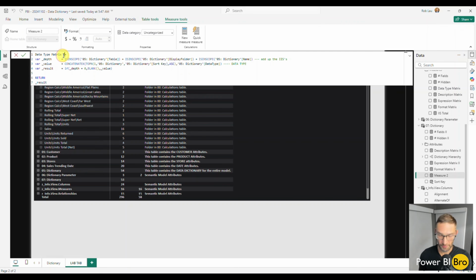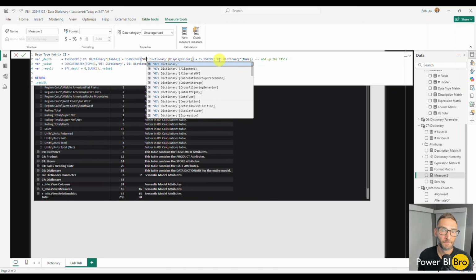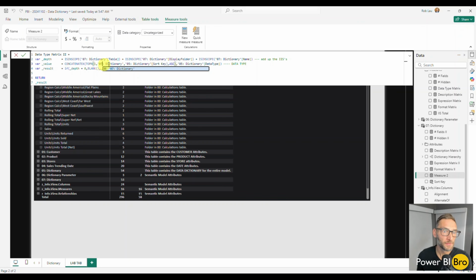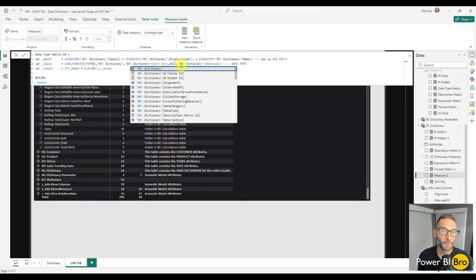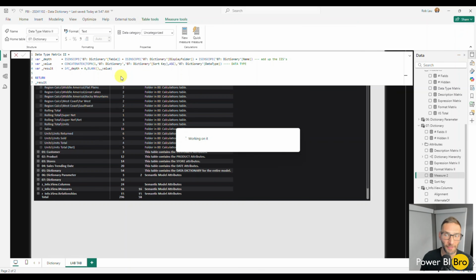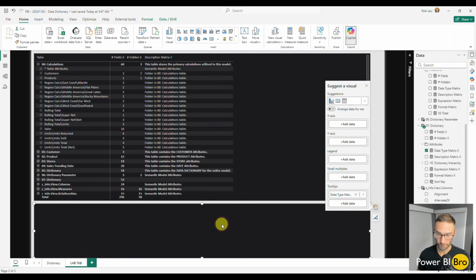Data type matrix 2. I'm going to change all these as well. 7, 7, 7, 7. This is the process you can do. You can be following along. Hit enter here. And now we've added the data type matrix 2,